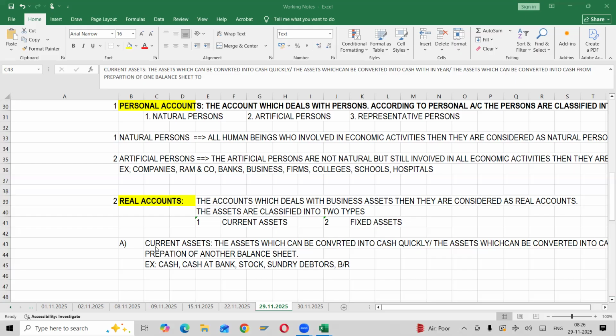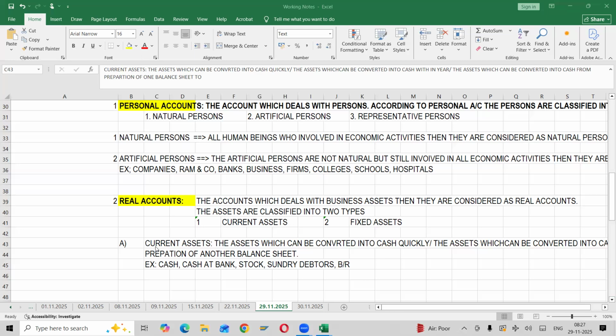So is it really a challenge to sell furniture? Does it take a year's time? Because for buildings and all, we have to take depreciation in the long run. I'm a layman, according to the statement, what is a current asset? I understood it as which can be converted into cash quickly. Then that asset is considered a current asset. You said a few examples, and when I asked land and building, you said fixed asset. So immediately I'm raising a concern: can't I sell furniture or buildings or land, whatever you're calling a fixed asset, within a year's time? Is it possible or not?